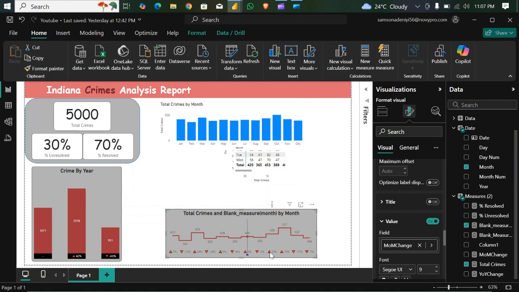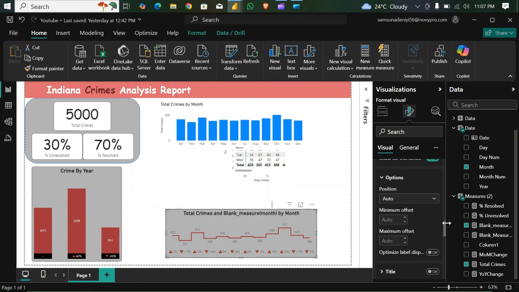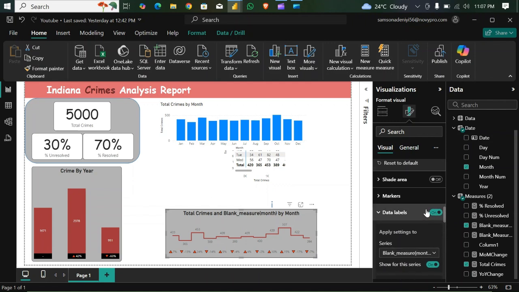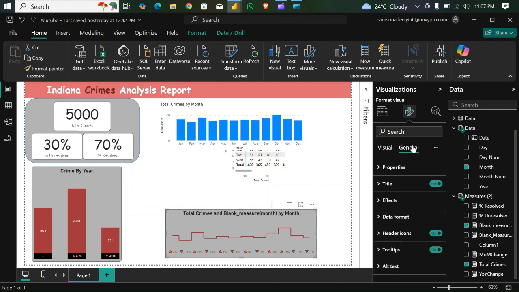So instead of 200, yes, we're having this. Nice. We don't need the data label for the total crime here. Turn off. Okay. Now for the title, we just do the crime monthly trend